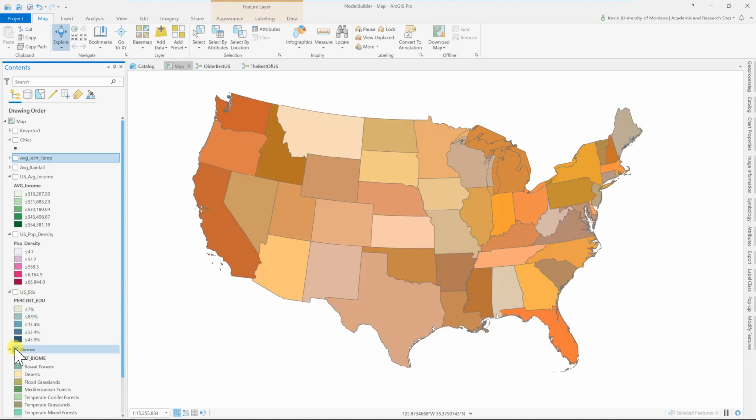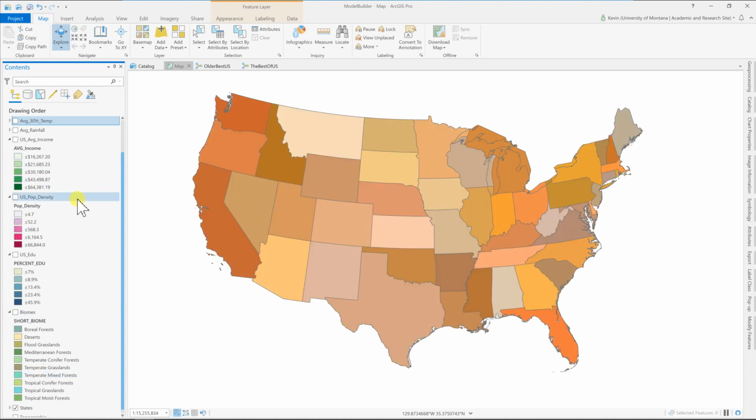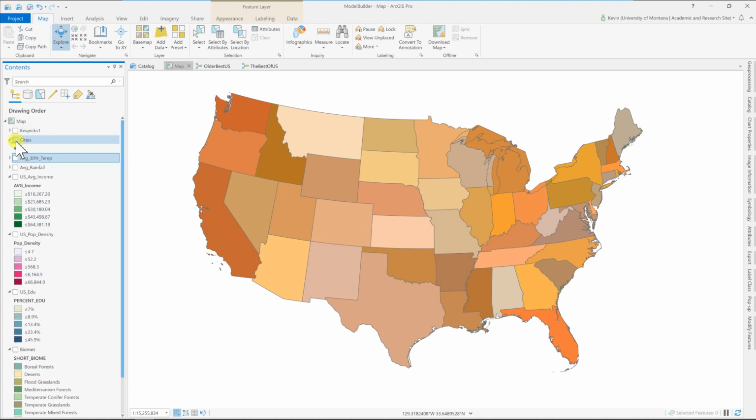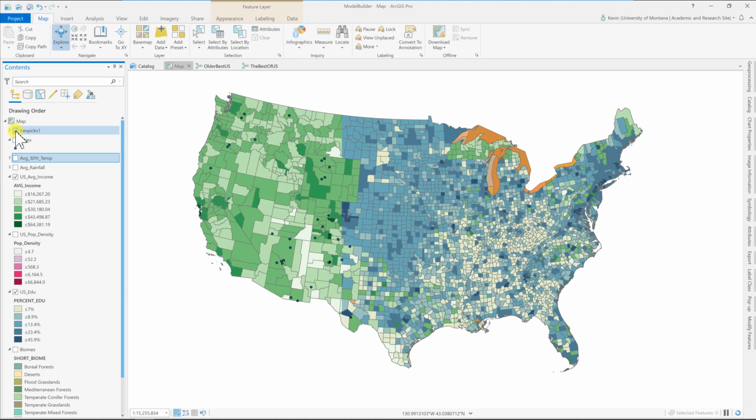And then biomes, right? So do you want to live in a desert or a temperate conifer forest, and so on and so forth. All right, so when we look at all these different things, how do you figure out what the best settings are? Well, one way to do it is to turn on all of the cities and then zoom into one. So if you had a couple of things like average income and education turned on, and you zoomed in, let's just turn off all and go to some cities that I know.